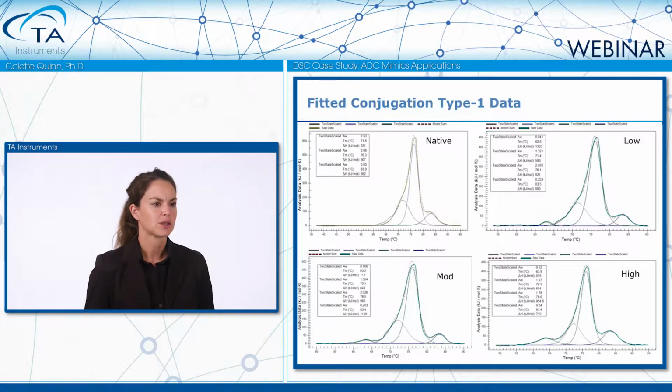So here, let's just first look at the native profile. The native is the profile in black, and we can see the very large FAB domain. We can see a slight shoulder, probably with a T onset coming in about 60-61 degrees, before the CH2 domain, and then we can definitely see the CH3 domain following the large FAB unfolding. But when we start to add the drug, even at low load, moderate load, and high load,